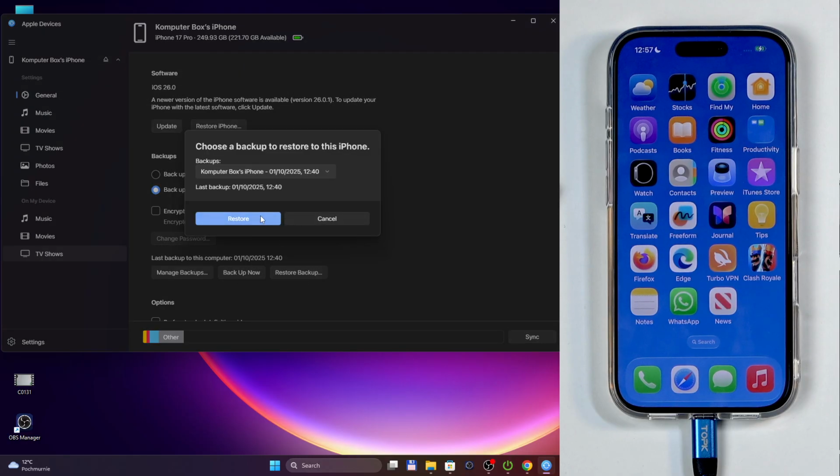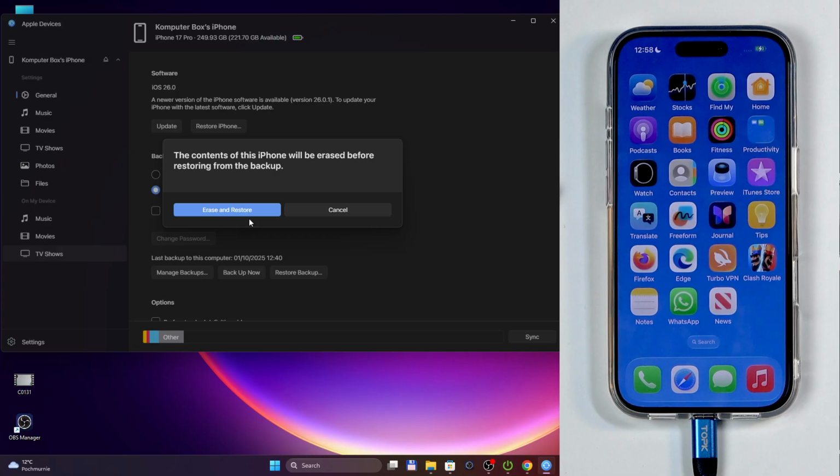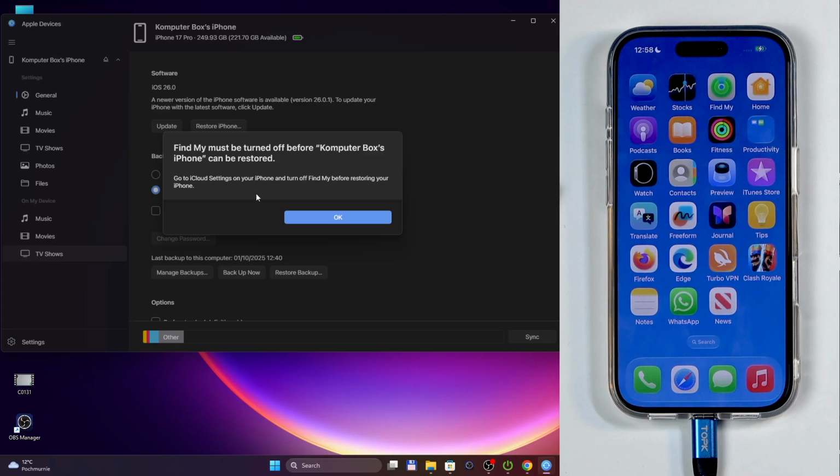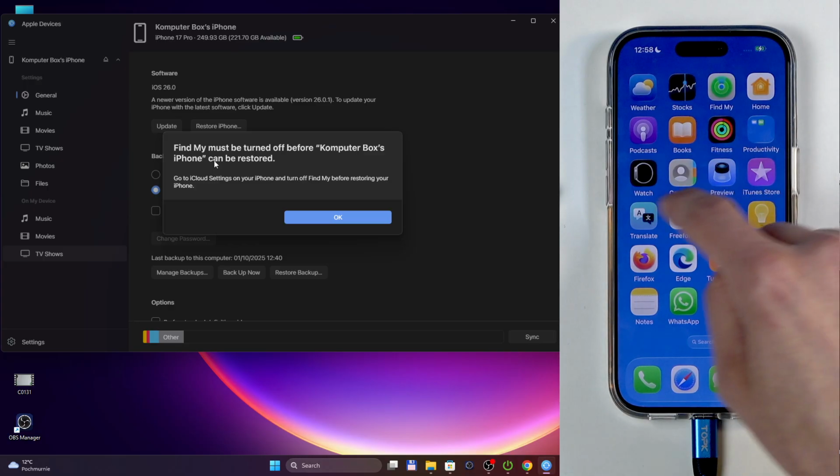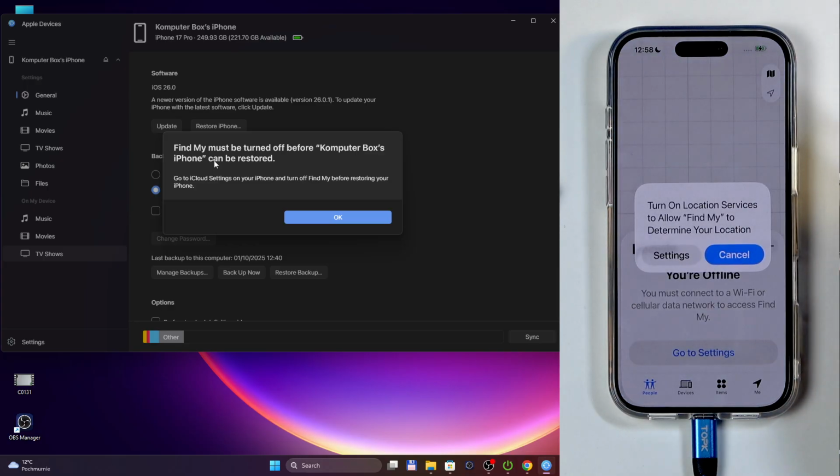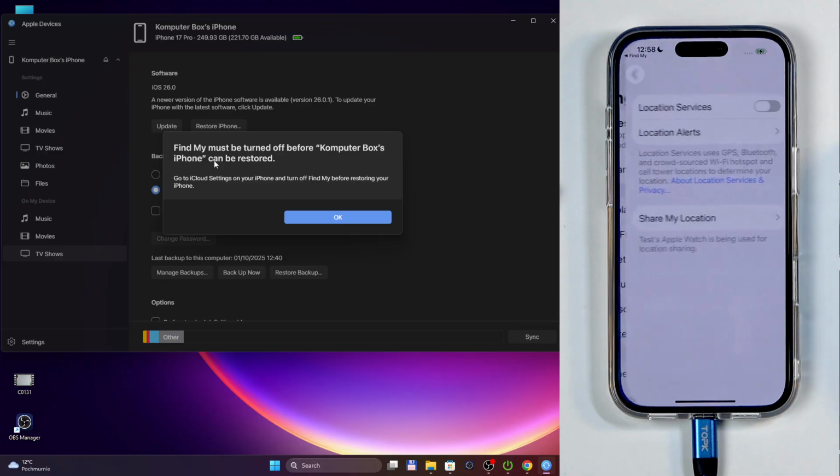What was that saying right there? Restore the content on the iPhone will be erased. Yes, erase and restore. Find My. Okay, so we need to turn off Find My. So we can do that by either going in here, maybe settings,